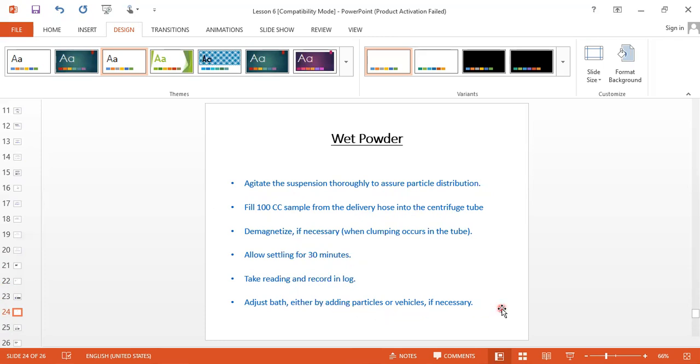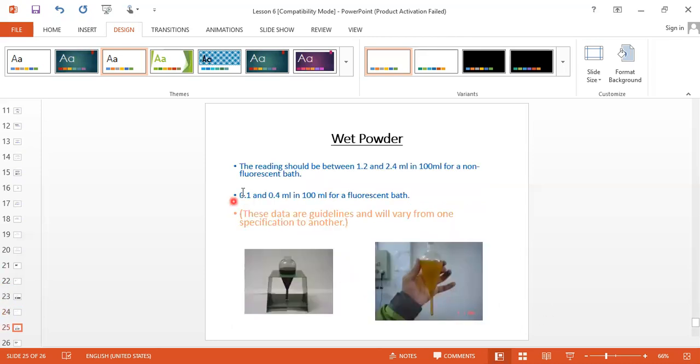That means if your concentration is more than 0.4 ml or cc in case of fluorescent, we have to add water there. Or suppose the concentration is less than 0.1, then we have to add powder there. So based on that, we can add magnetic particles or we can add water. Now see here, for the visible method, the reading should be 1.2 to 2.4 for 100 ml.